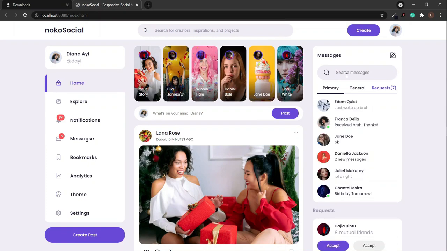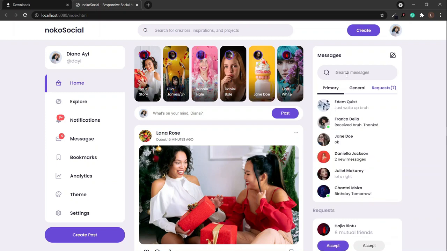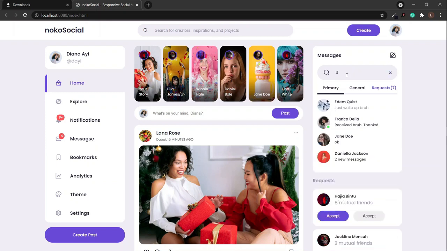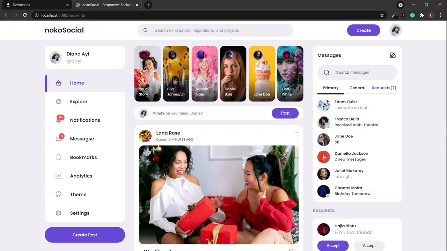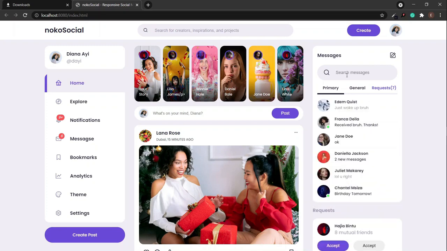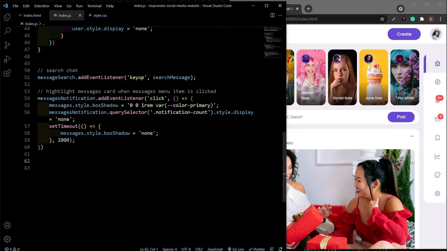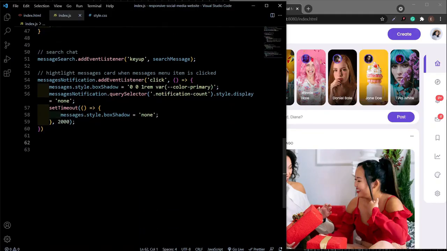Let's search anything with the name J, okay. Anything that contains J, anything that contains D, anything that has the name EL. Okay, so our search is working perfectly. All right, so now that we are done with our sidebar functionalities and our messages search, let's move on to our theme